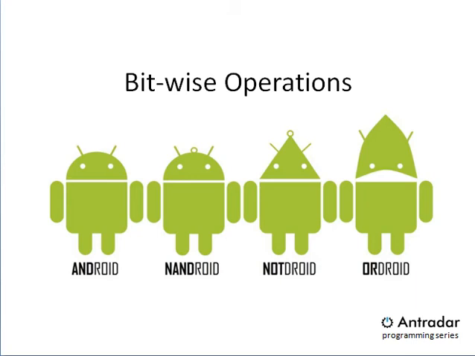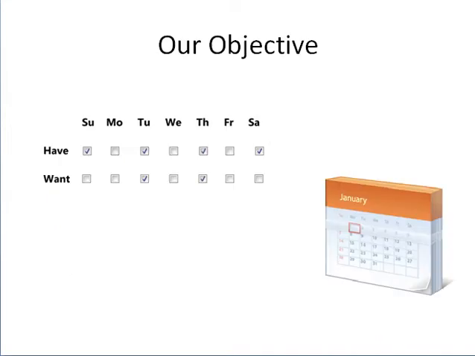Today we're going to look at how we can make our programs simpler and faster through bitwise operations. Bitwise operations are very common among hardware designers and assembly coders because of their simplicity and speed. Our objective today is to implement a scheduling comparison routine that compares two sets of schedules and lets us know